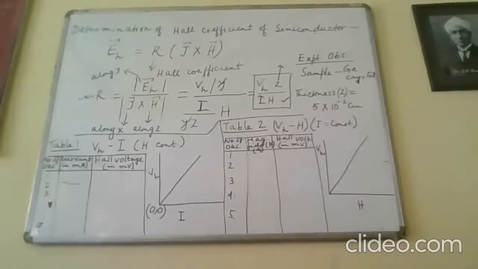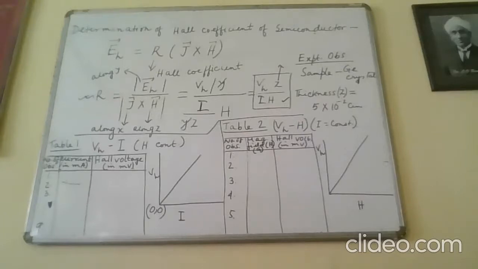So students, let us start our today's demonstration for the experiment to determine the Hall coefficient of semiconductor, in the form of the name: determination of Hall coefficient of semiconductor. As we already considered, inside the semiconductor there are two types of charge carriers present, and that is determined by the Hall coefficient measurement, where Hall coefficient is nothing but the quantitative measurement of the Hall effect which is set up in the semiconductor.